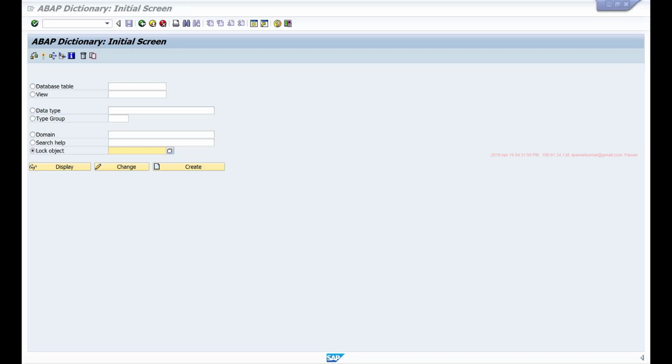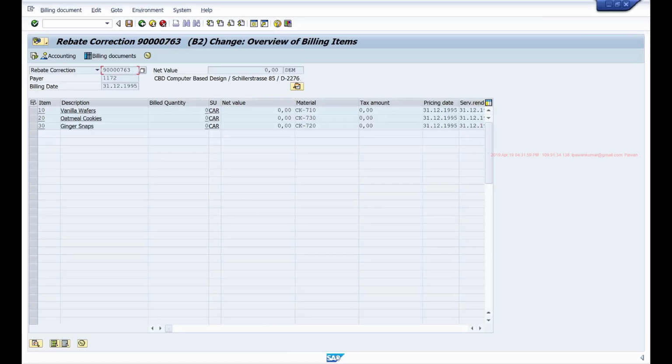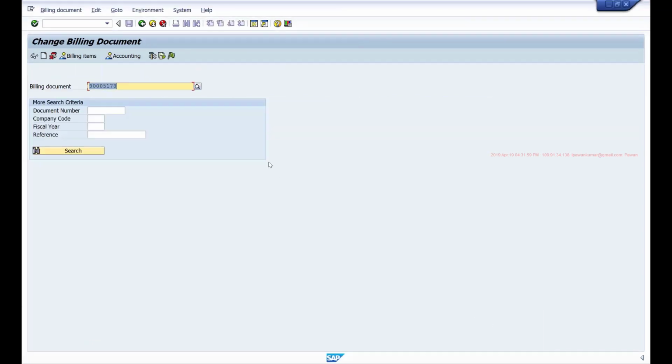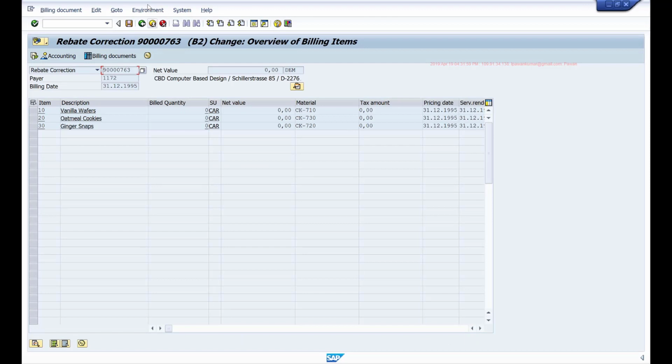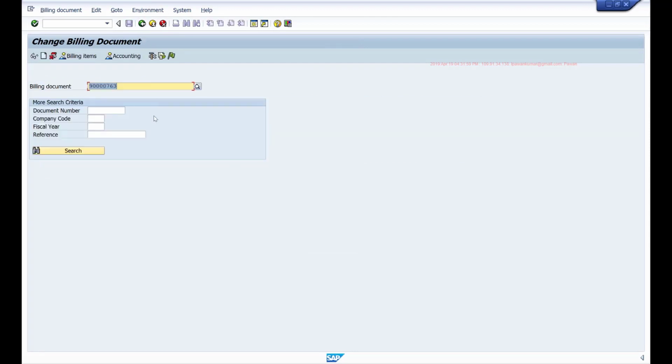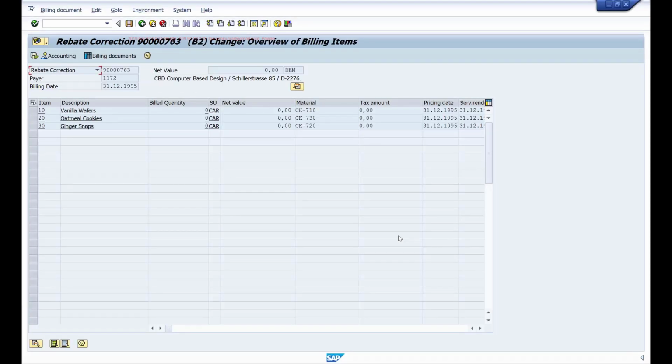So here in this case, again, it won't allow me to edit this document which I've already opened. It won't allow me to edit this document now, but in the other screen, if I leave this document, if I come out of it, then it will remove that lock at this point. So after this, if I come and edit that document, it will allow me to edit it. So we have to apply the lock as well as remove the lock. Once you're done with that transaction, we have to remove the lock so that others can now open it for editing. So we achieve that by using this lock object.